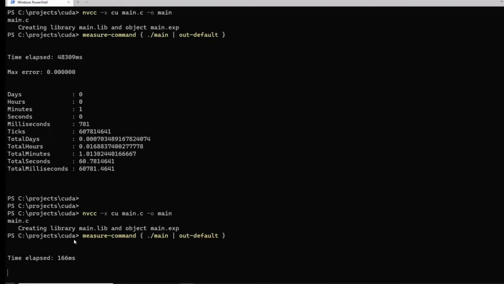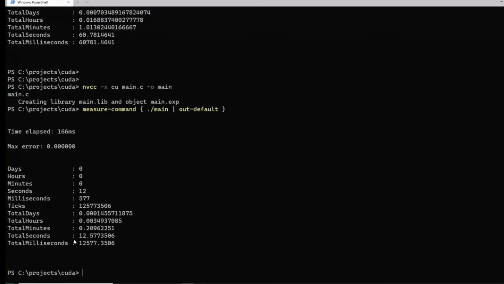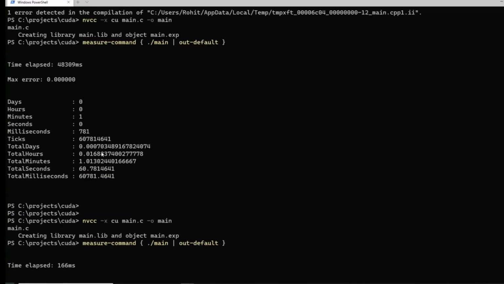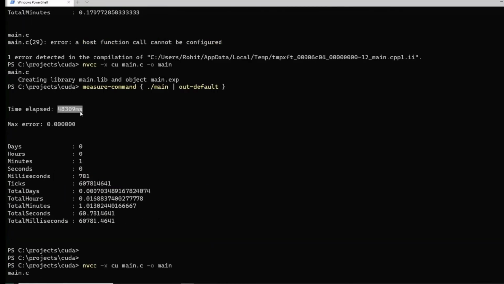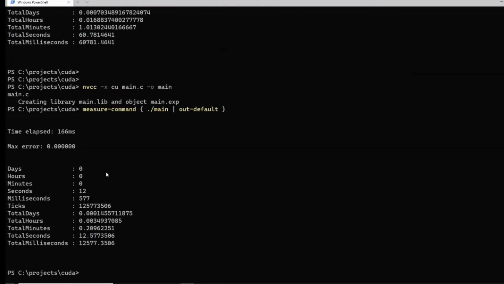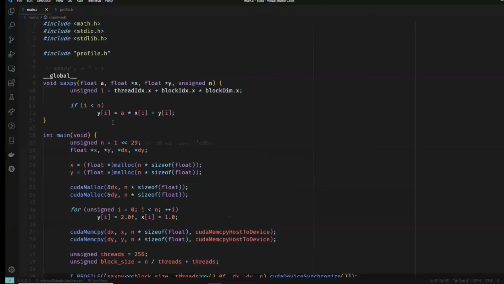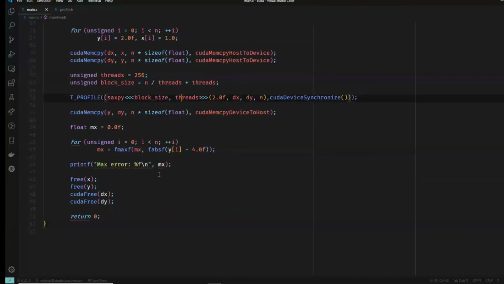It only took 166 milliseconds, and before it took around 48 seconds to calculate it, and now it's taking 166 milliseconds. This is the power of massive parallelism that GPUs can provide to us. So this is a basic exp program. I hope you understood it, and this is about it for the GPU parallelism.